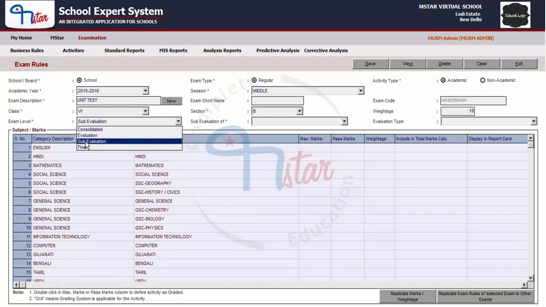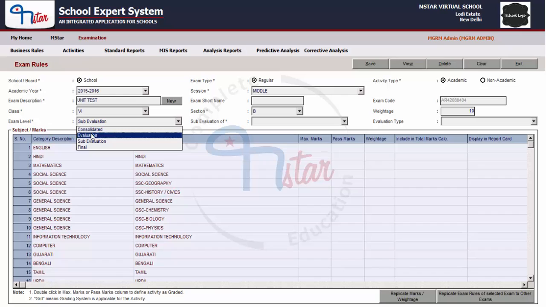For example, in case of CCE structure, if FA1 is a main examination which comprises various other sub-activities or sub-evaluations, then FA1 will be selected as evaluation while you are creating the rules for FA1,